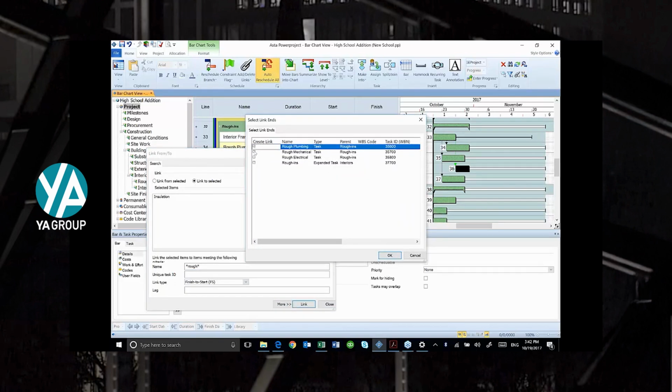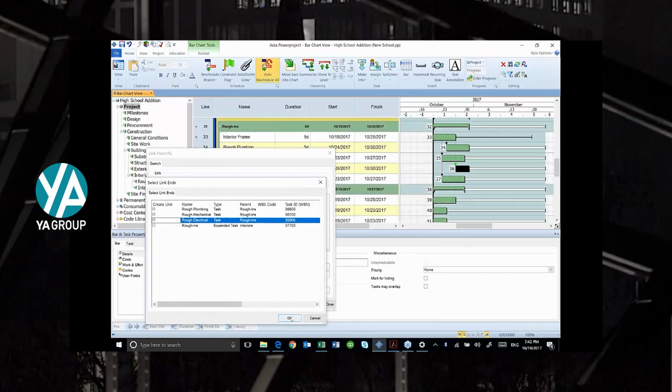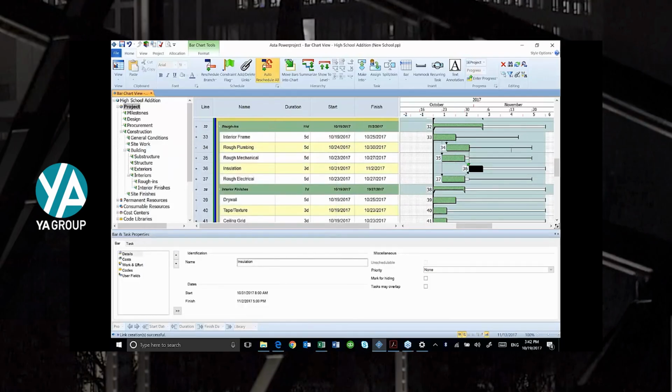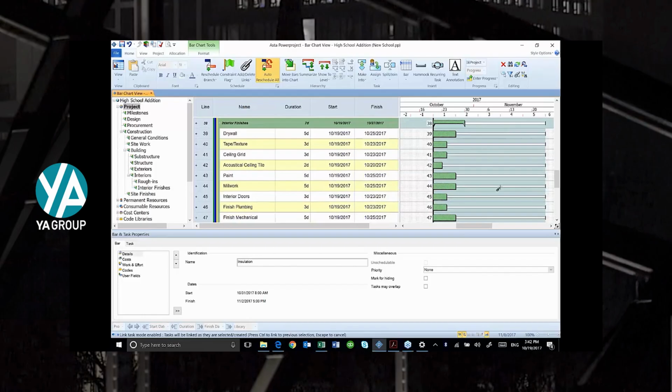So I'm going to select rough mechanical, rough electrical, and rough plumbing. And watch when I add these, it's going to add all three of those at one time. That's a nice feature for adding your logic. The third way to add logic is to turn on the link task mode. Now, link task mode, you have to be a little careful. But when I turn it on, the order in which I select activities is going to add a relationship between